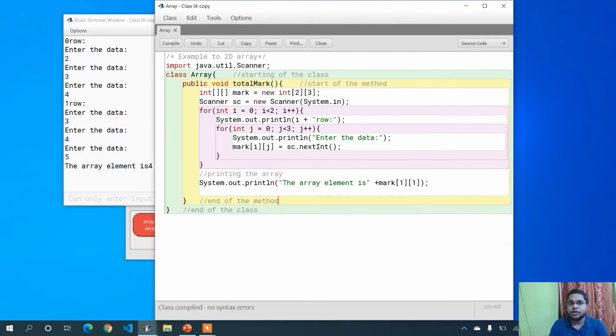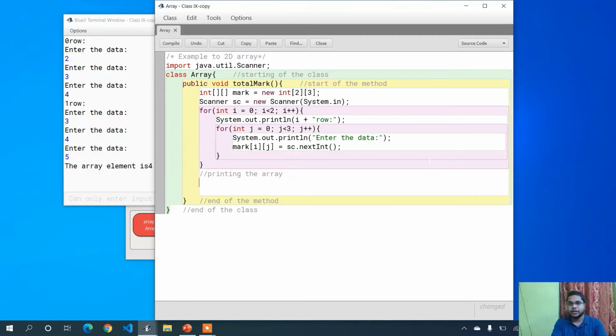If you want to print the whole array, then you have to use two for loops. How to do that? This is the same as your input, but instead of this line, we just write the printing statement here.